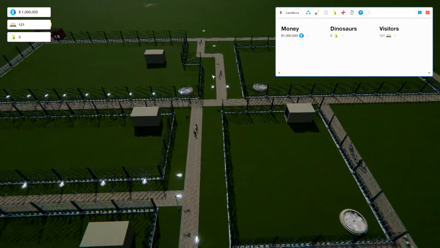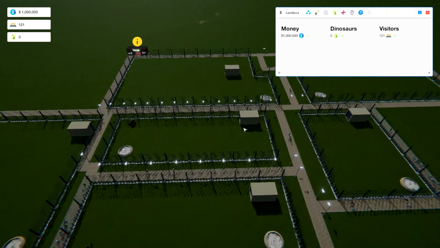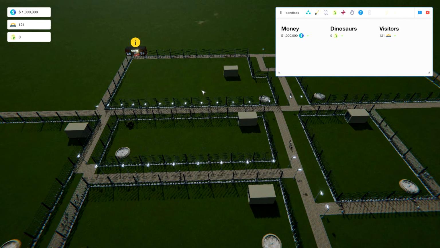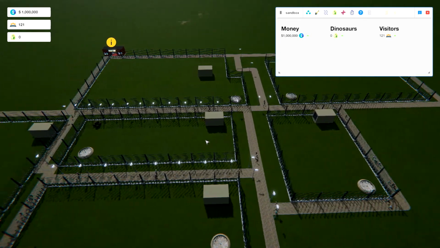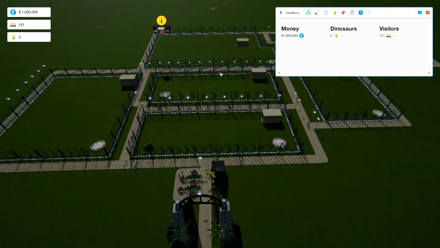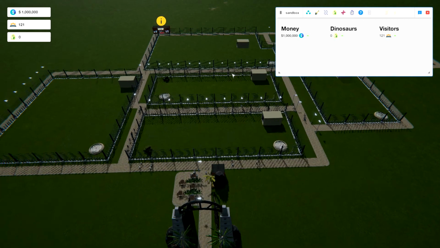But anyway, as you can see, I've got 2, 4, 6 tiny, well, sort of enclosures. We're just going to put some dinosaurs in these and see what they look like. I can't remember, there were a few dinosaurs in it when it first came out. They've actually added another 4 today with